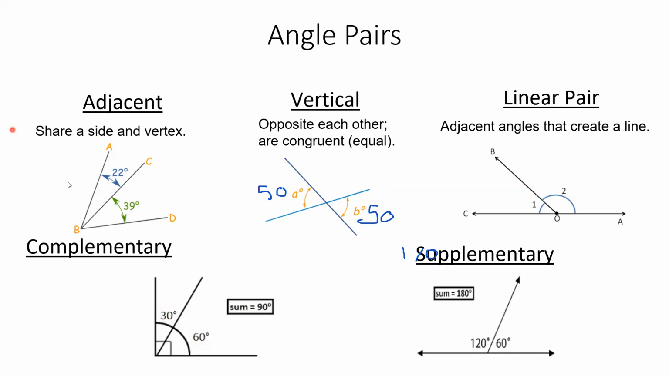We can look at our word here, complementary, and turn that C into a 9, and looky here, we have 90